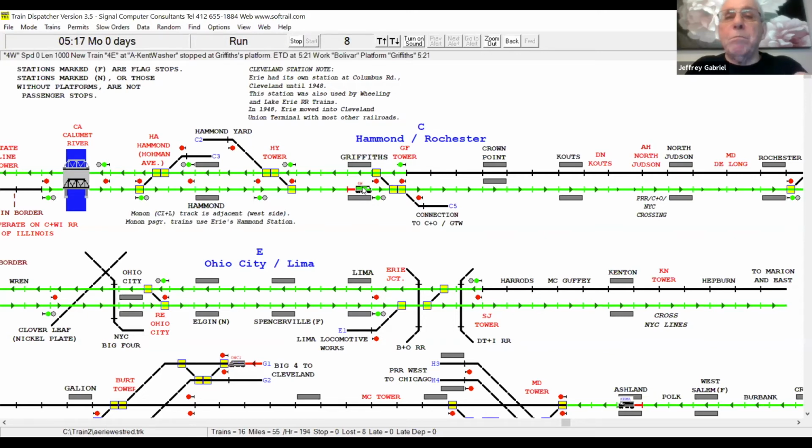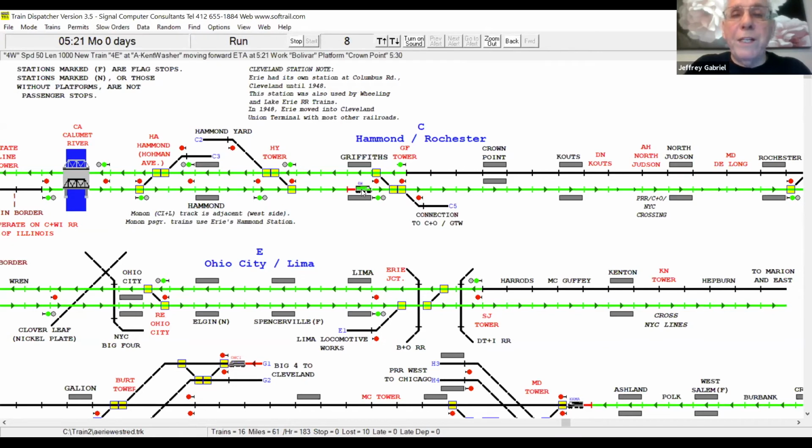It's going to work Boulevard, and it's going to stop at Griffiths at 5:21. It's 5:18. All right, if you want to, you can look back down at the train now. You see that it's red, and it's 5:19. So at 5:21, this will change to blue and start moving. 5:20.